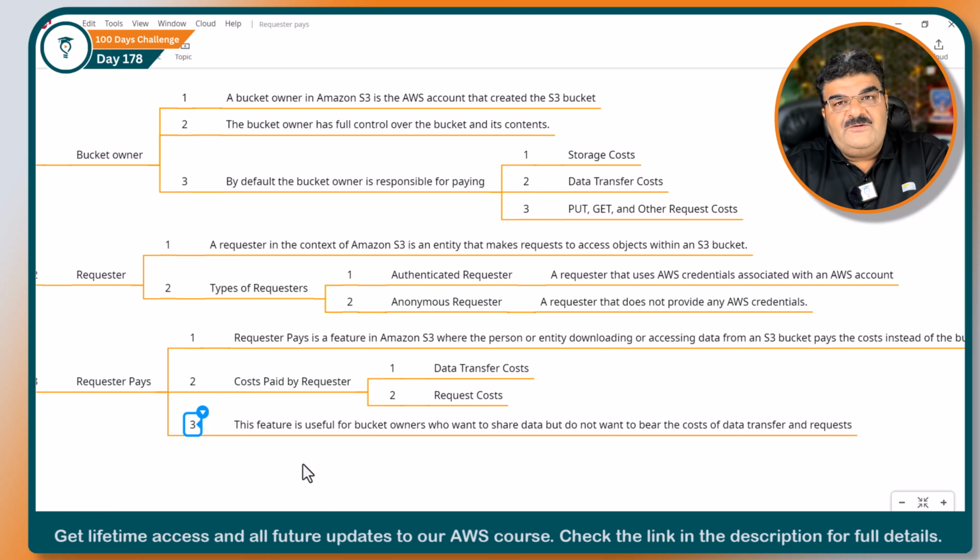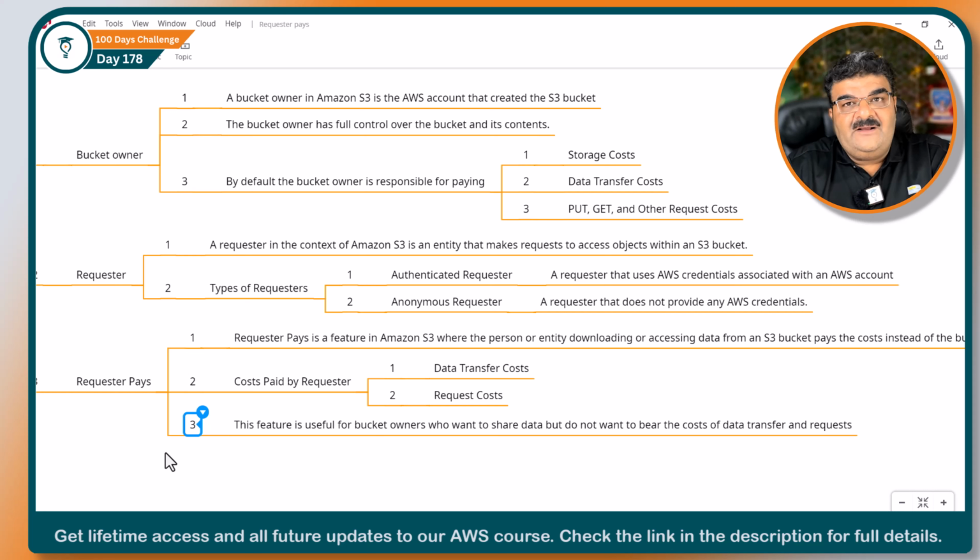We are a non-profit organization. We are sharing this data by request from the students. So if we are going to pay this data transfer cost and request cost, it will be expensive for us as well. So in this case, what the university can do is enable the requester pays option for their data,